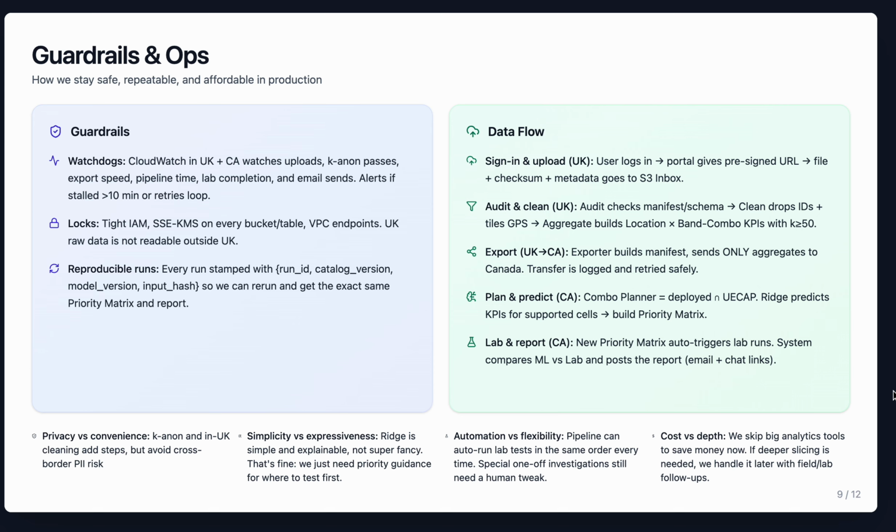Okay, so next slide. To keep everything safe, we ran with three main guardrails. First, the watchdog. CloudWatch in both UK and Canada watches upload, k-anonymity passes, export speed, pipeline time, lab completion, and email sent. Alert if there's a stall greater than 10 minutes or a retry loop. We also have logs tied to IAM, SSE, KMS on every bucket, table, and VPC endpoint. It's also reproducible, so every run will be stamped, so you can rerun and get exactly the same priority matrix